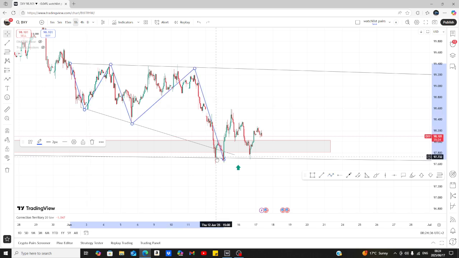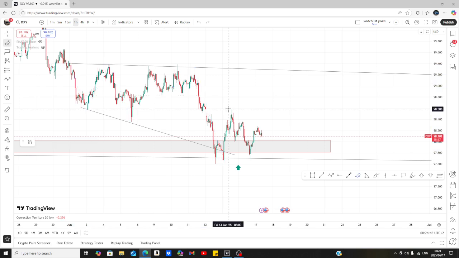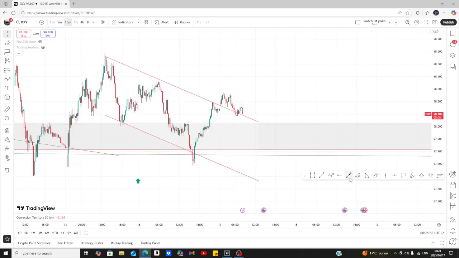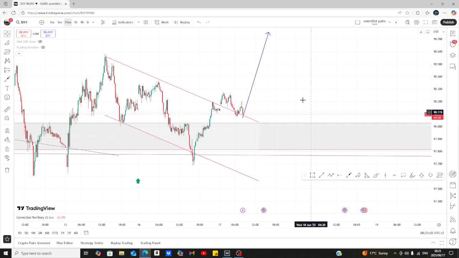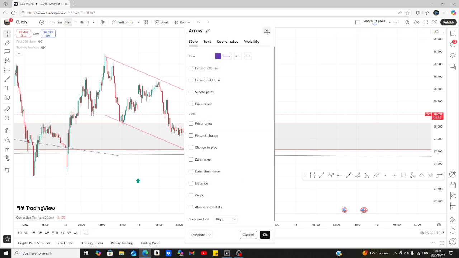This was sort of a double bottom of the expanding channel, and this is a bullish descending channel. Price is currently outside the zone, so it's very possible that price could find support from somewhere here and just continue to the upside. Because of this bias, I caught a trade yesterday on USD Swiss,